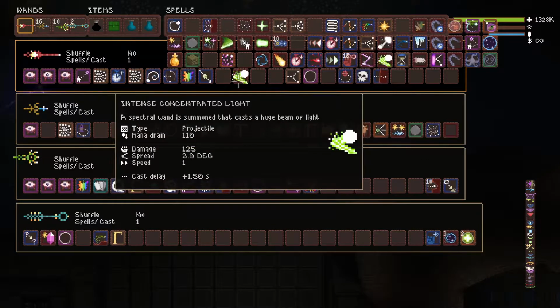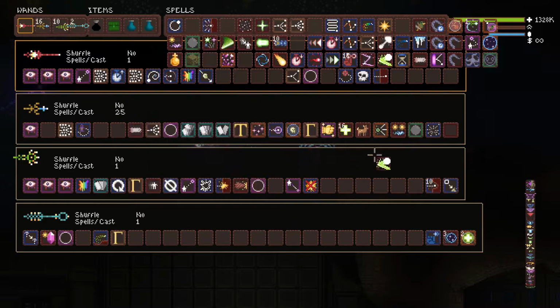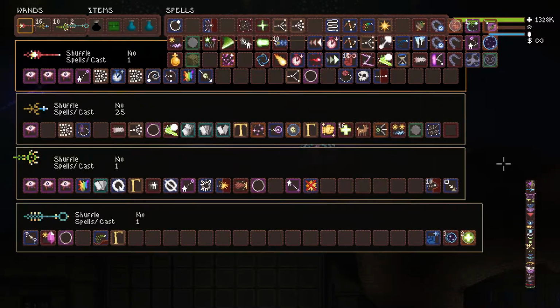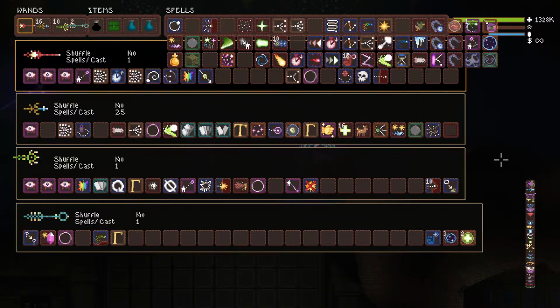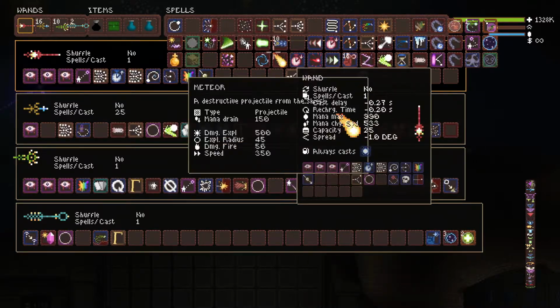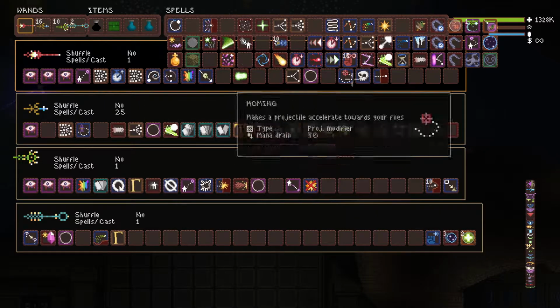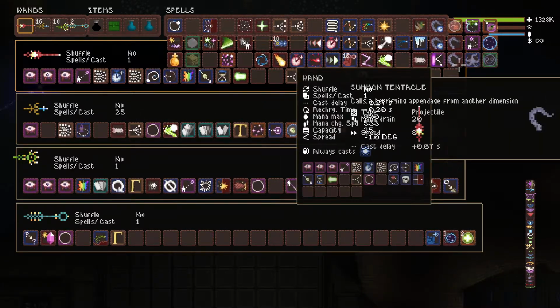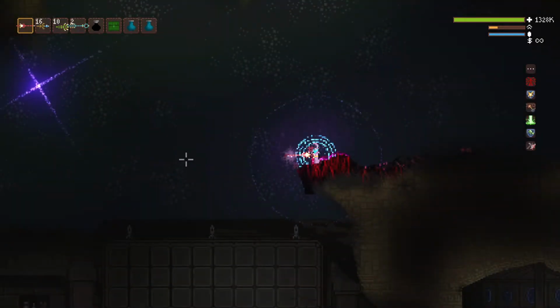We also have 2 intense concentrated lights. Who dare put another one on my wand? It wasn't me. I didn't do such a thing. What would be a fun thing to put a tentacle on? What does plasma cutter look like with a tentacle? Can add timer even work on it? I'm just gonna keep the build because